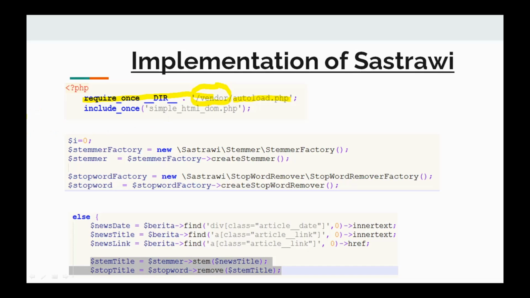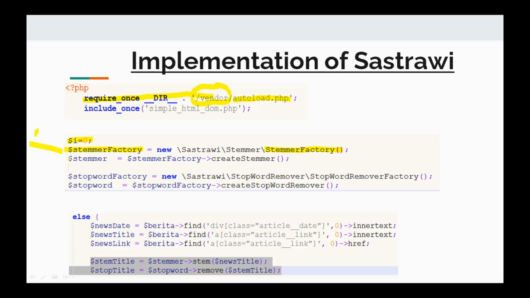Next, after our variable $e is equal to 0, create a stemmer factory variable to create an object from the StemmerFactory class.